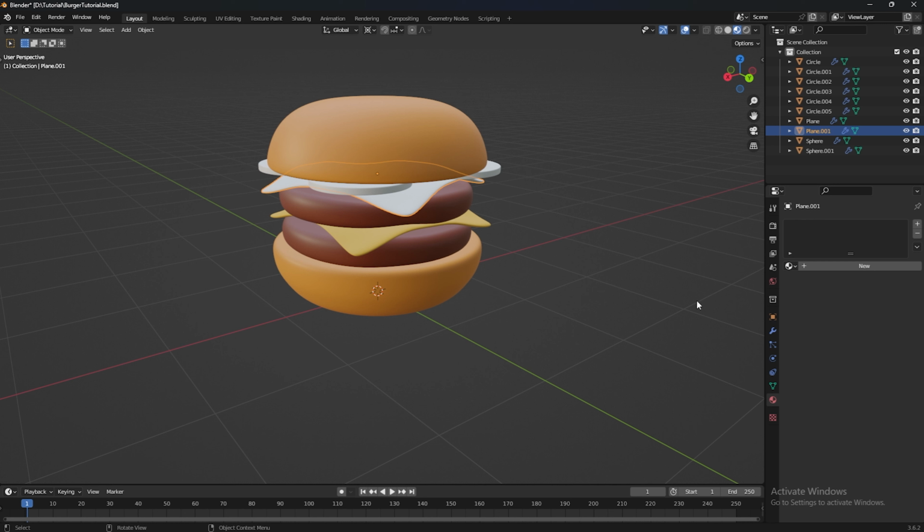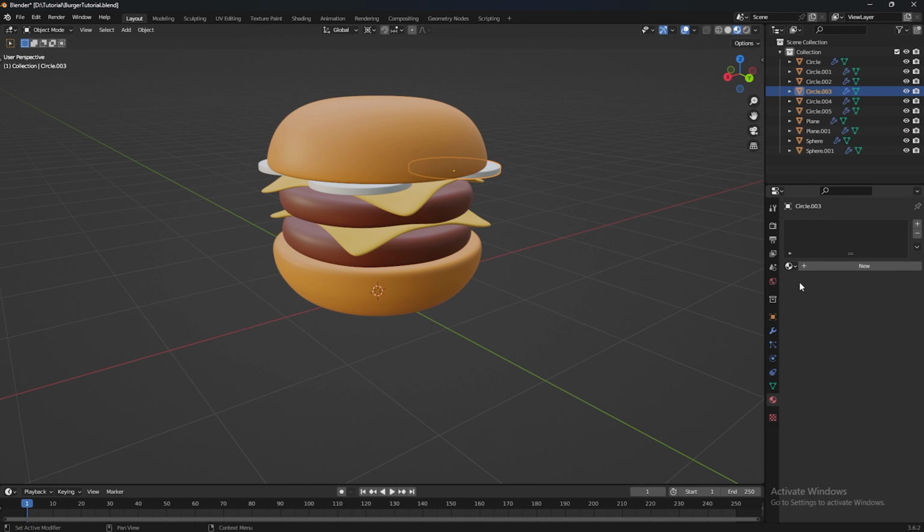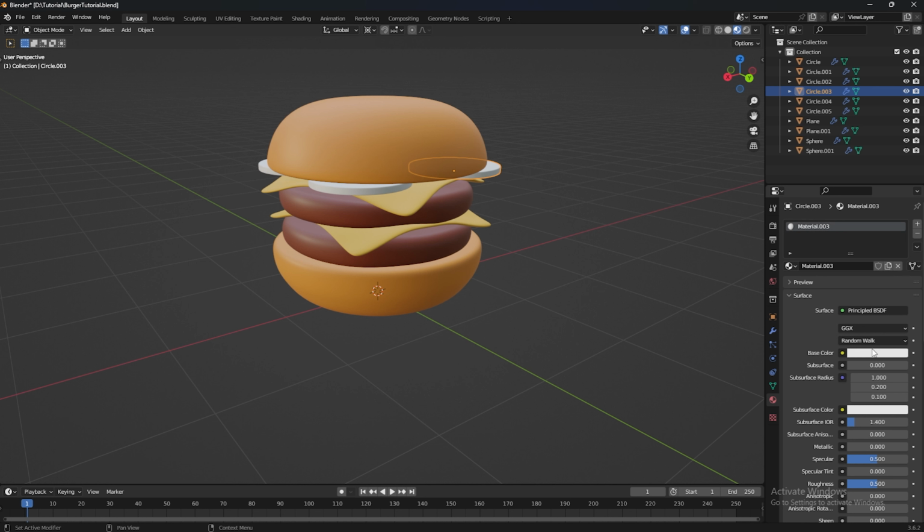Again select this and give it the same cheese color. Now select this, it can be your pickle or tomatoes. I am making tomato for now, so give it red and up this value maybe a little, give it red color,